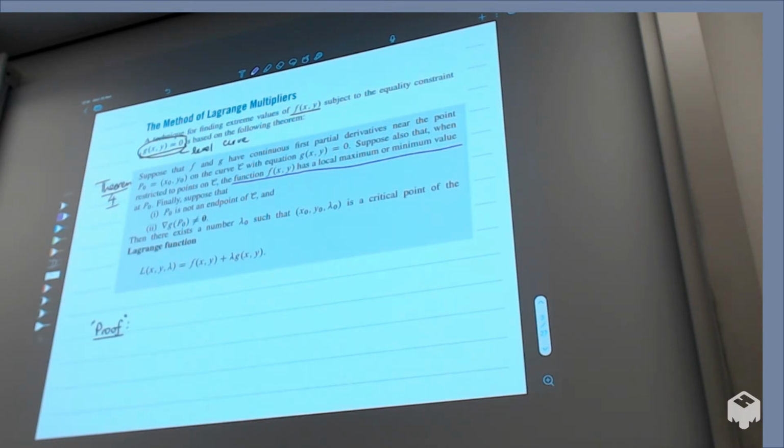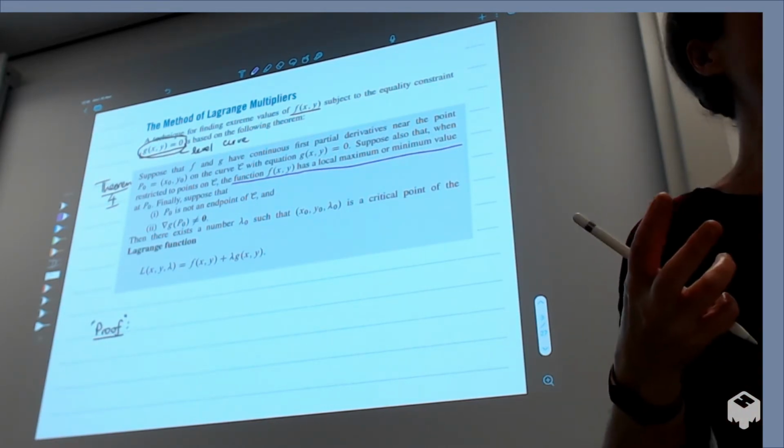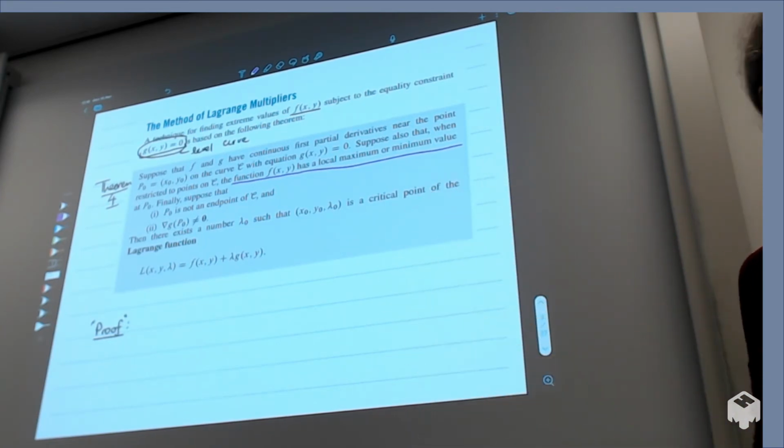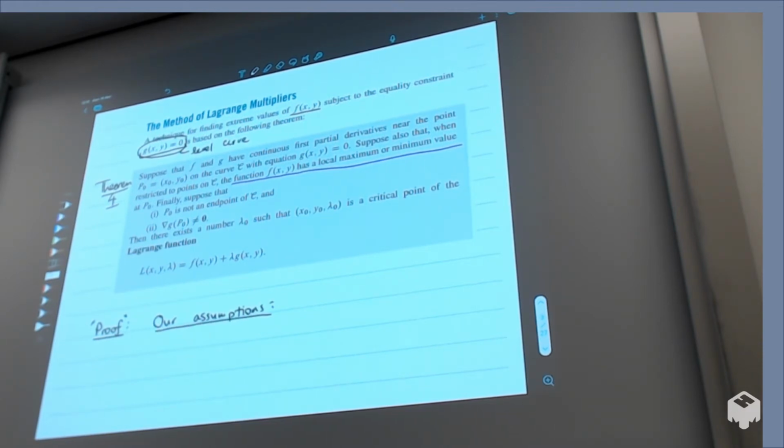Alright, so I want to talk through the proof very briefly, because this is just a whole bunch of words, and I wouldn't want you to take my word for it. So let's have a look at this. The key thing to take out of this is, what are we assuming? You wouldn't usually write this in the proof, but I just want us to be clear what we're assuming. We're assuming that our nice continuity stuff